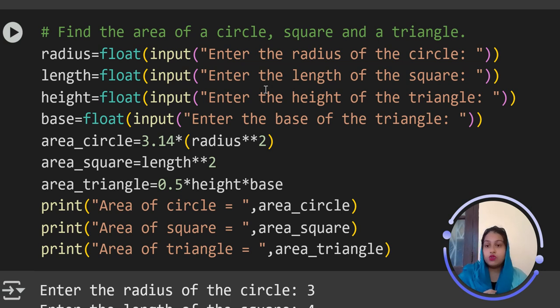Now I want to get the length of the square. For that I have written length. Again I want this also in float. So float input, enter the length of the square. Now I want the base and height of the triangle. So height and base are there. And now I want to calculate the area of the circle. So area circle is equal to